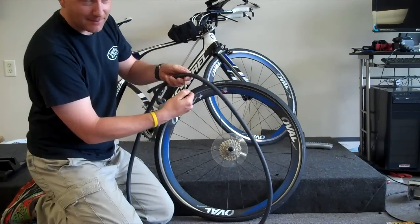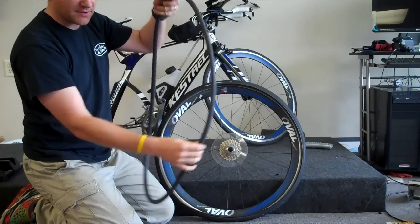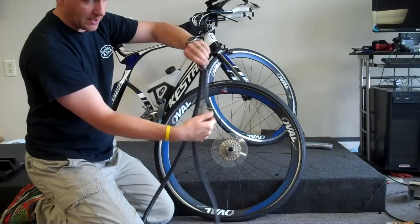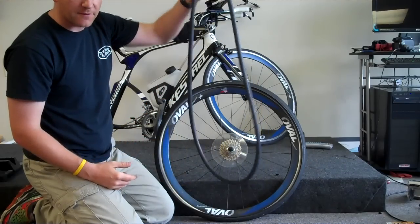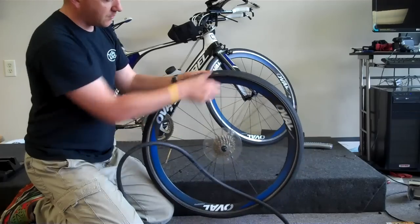And I tighten this back up. Now the air is stuck in there. What this does is it gives the tire shape. If it's completely flat, it can twist on itself, and when I let go, it would stay twisted. You see there, when I twist on it and then I let go, the tire rights itself. It's very important so that you don't get it flat inside of the tire. So what I'm going to do now,